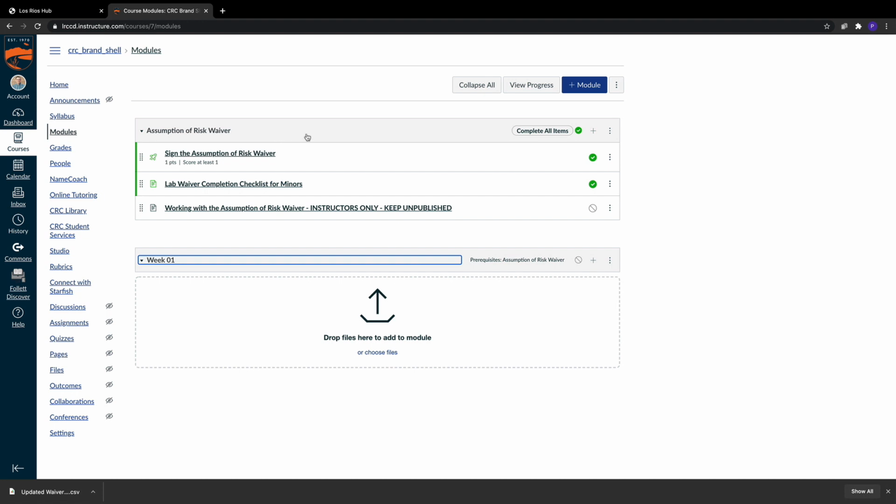You don't necessarily have to have this inside of your course, nor do you necessarily have to have this inside of the assumption of risk module itself. If you'd like, you're more than welcome to take this ungraded survey, put it in your orientation module, do whatever you like with it. You're free to move all this around, but this idea of making the content of this module be a requirement before we can move on to the content of this module may help us ensure that our students are physically signing the waiver before they move on in the class.